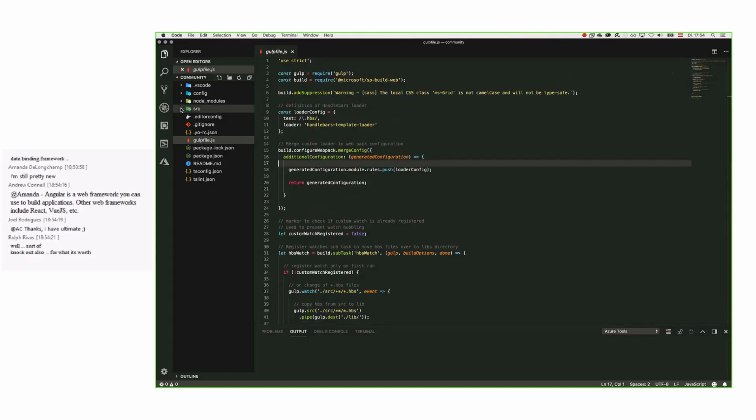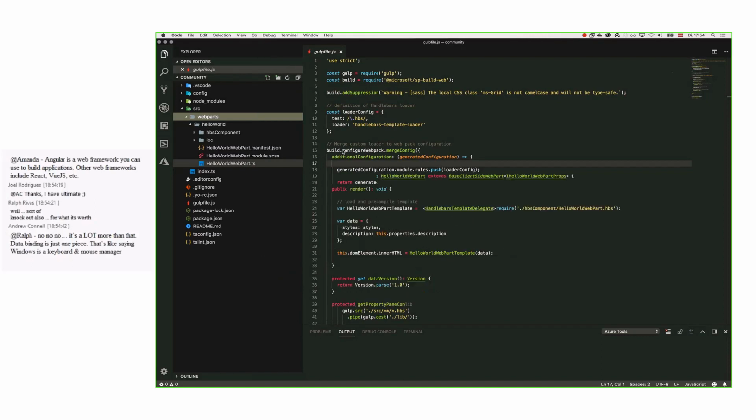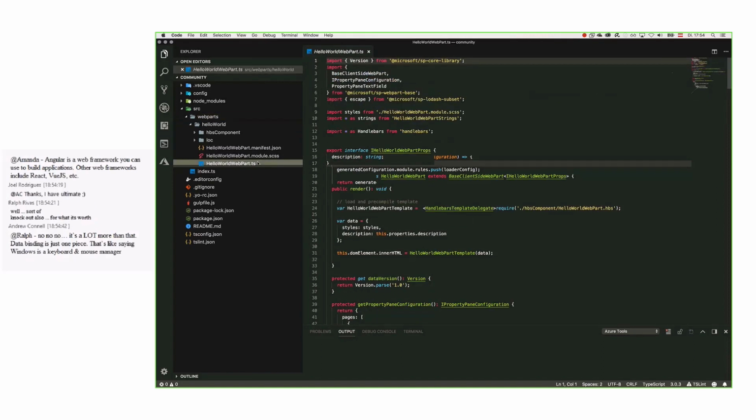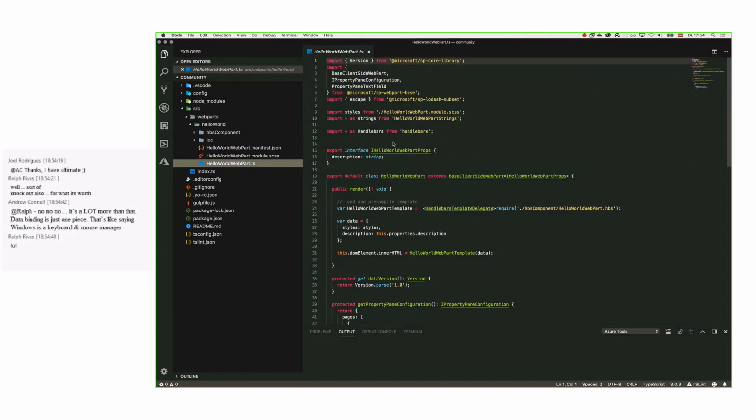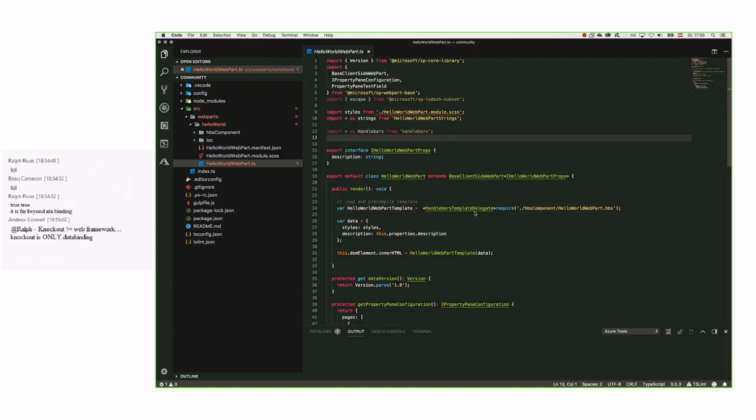But what we also did is, when I go to the web part code, HelloWorld.ts, this code has changed a little bit compared to the default no-framework generator, because I already imported handlebars here to use in my web part, and I also load the template file, which is stored in this